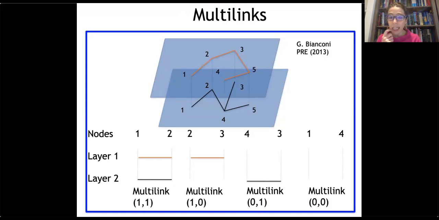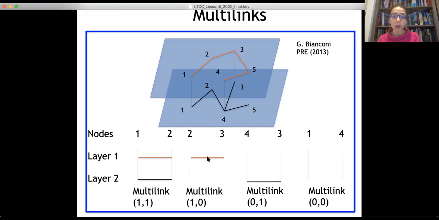So multi-links extend the notion of links in a multi-layer multiplex network scenario. In a single network, you have 2 nodes either connected or not connected. In a multiplex network, 2 nodes can be connected in multiple ways because they can be connected in layer 1, but not in layer 2, in layer 2, but not in layer 1, or they can be connected